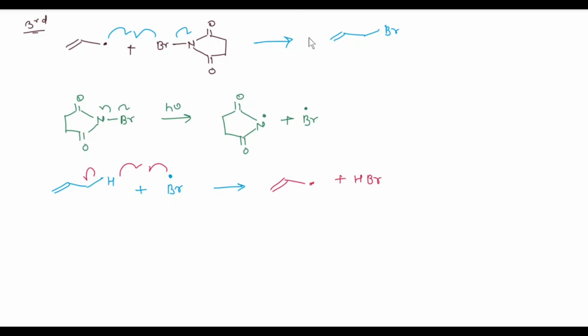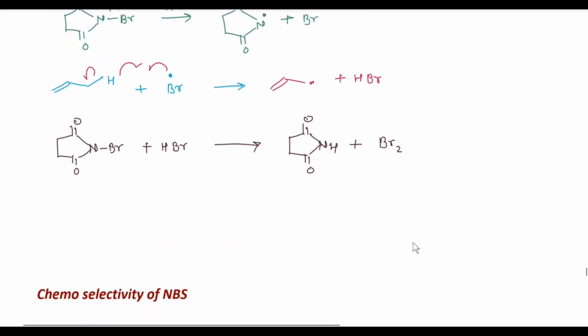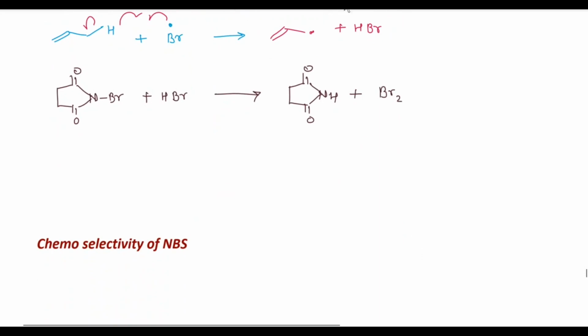In the next step, another molecule of NBS is treated with HBr, and we get plus Br2 molecule. So in the next step, the allylic radical